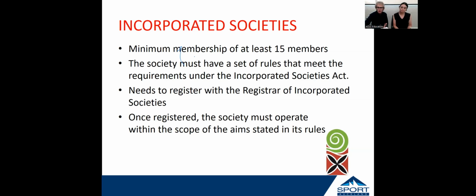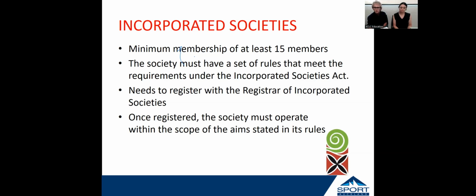It can be a difficult exercise, and purposes and objects can be changed, but it's best to be thinking ahead quite some time as to what you consider the organisation will do in the future,